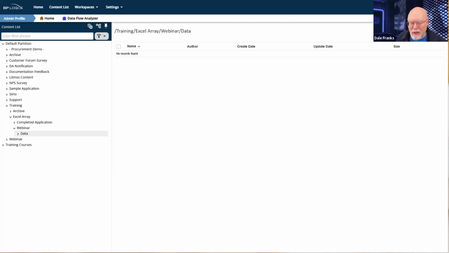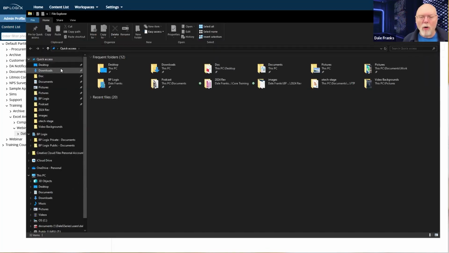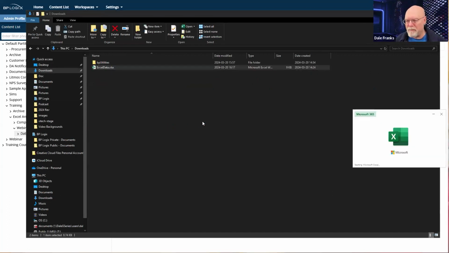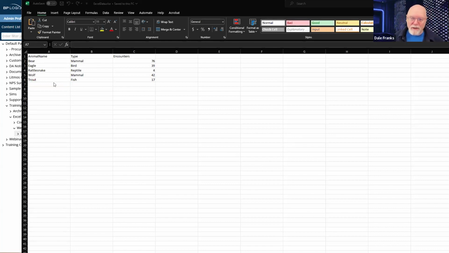Let's start off with our data. Let's assume at this point that we have already exported our data to Excel and we have an Excel spreadsheet with some data. I do. And here is that Excel spreadsheet. So I've got data, not a lot of data, just enough for us to see things and to play around with it here in a little bit. But I've got my data.